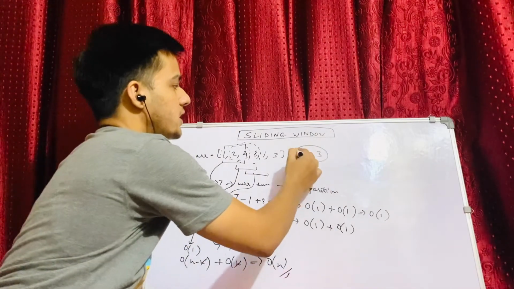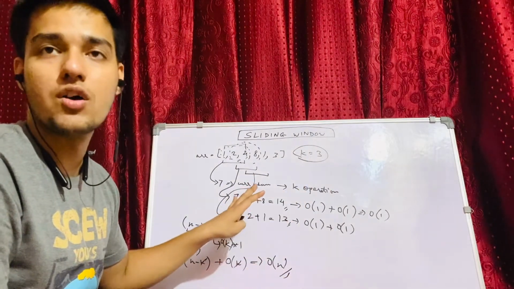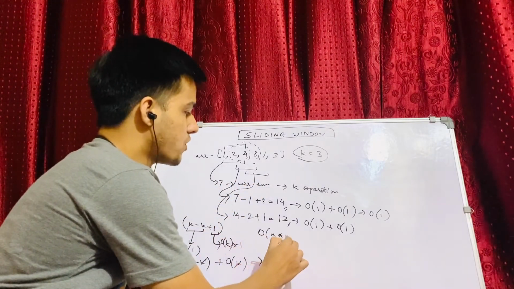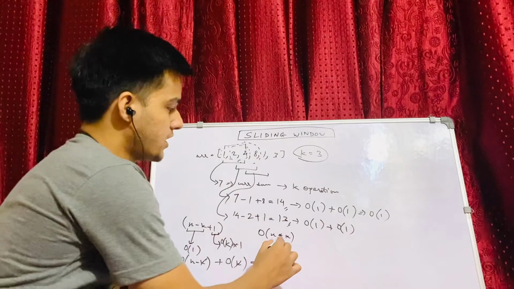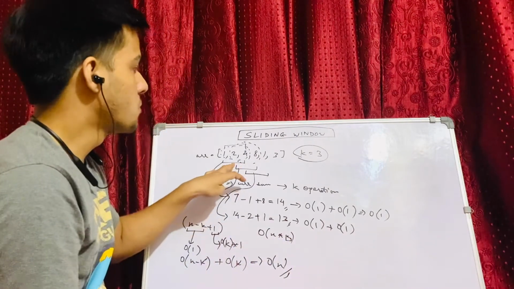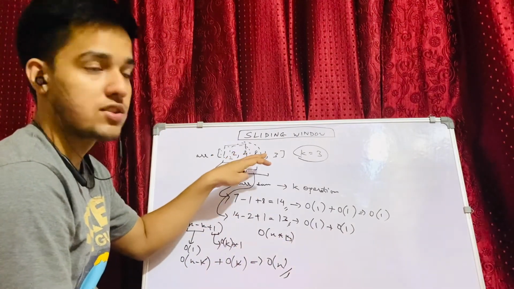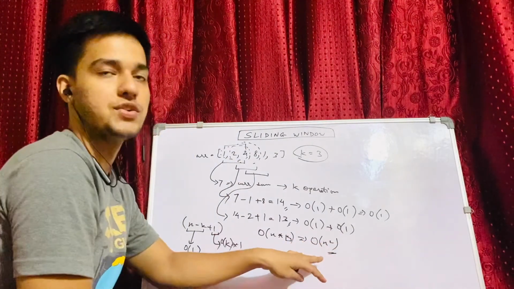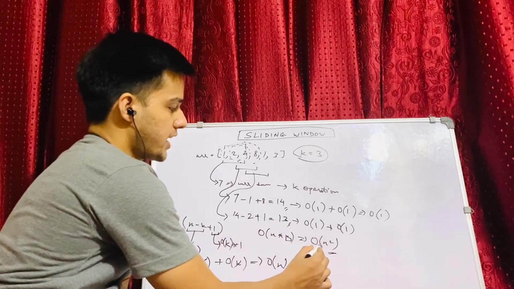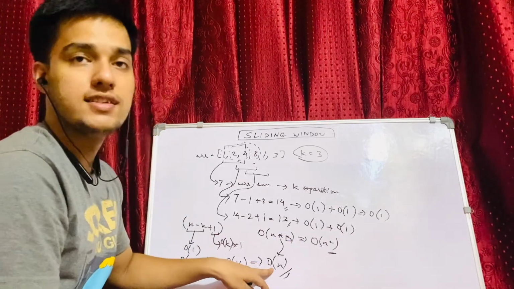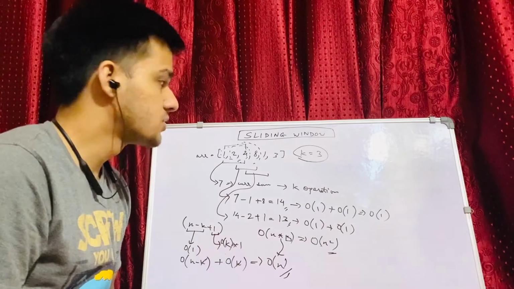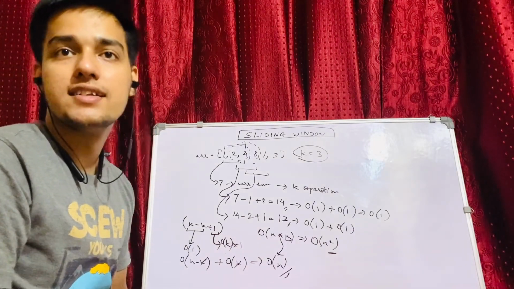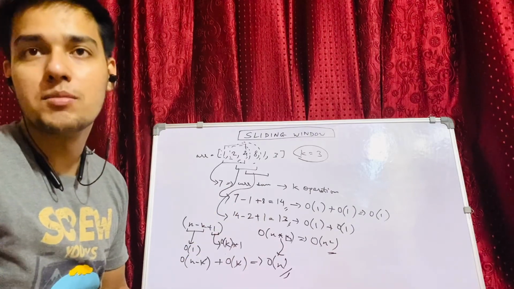I hope you understood how we were able to optimize our brute force approach, which was O of n into k, where k could go from 1 to n, which is the complete length of the array. So it could be at maximum O of n square for my brute force solution. But from O of n into k, I was able to optimize this using sliding window to O of n. So I think that's it from this video. I hope you would be able to solve a lot of problems on arrays and strings. You won't have any issues when you solve your problems using sliding window.